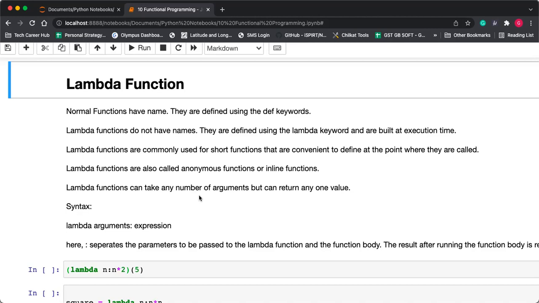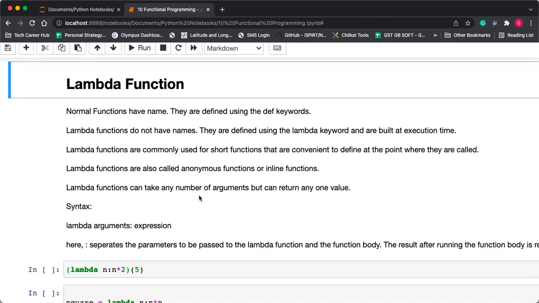A normal function has a name and is defined using the def keyword. But a lambda function cannot be defined with the def keyword. It is defined using the lambda keyword and is built at execution time.